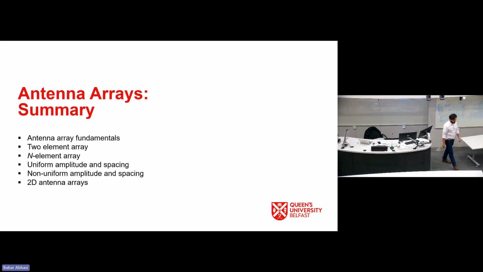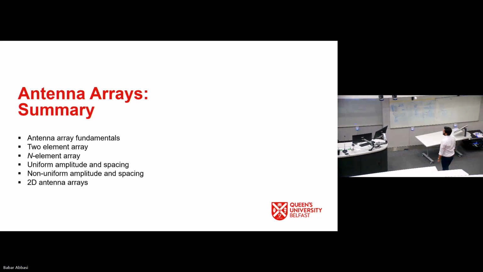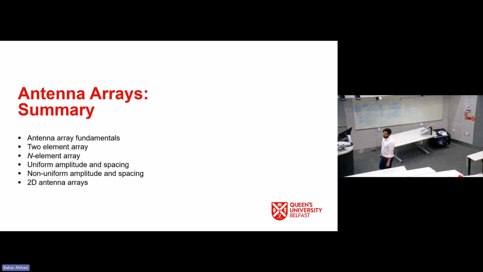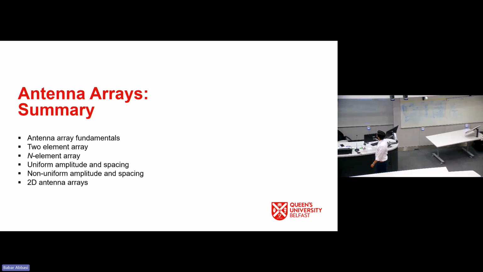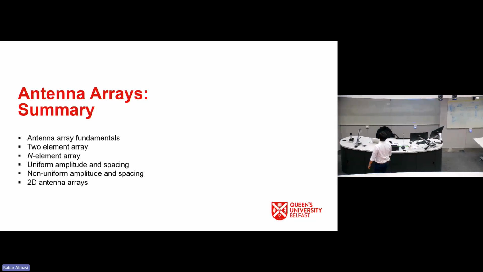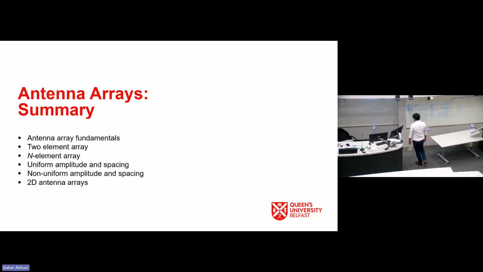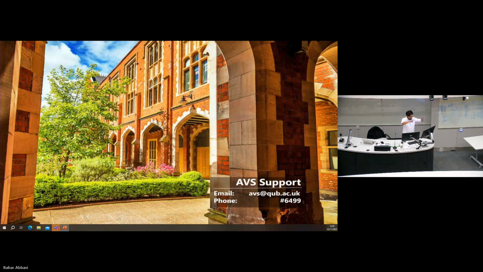So what we have covered in antenna array fundamentals: two element and n element arrays, what will happen in the electric field vector, uniform amplitude and spacing, non-uniform amplitude and spacing, and 2D antenna arrays. So that's it, guys, for your semester 1. That's it. You don't need to study anymore. So just to give you a bit of